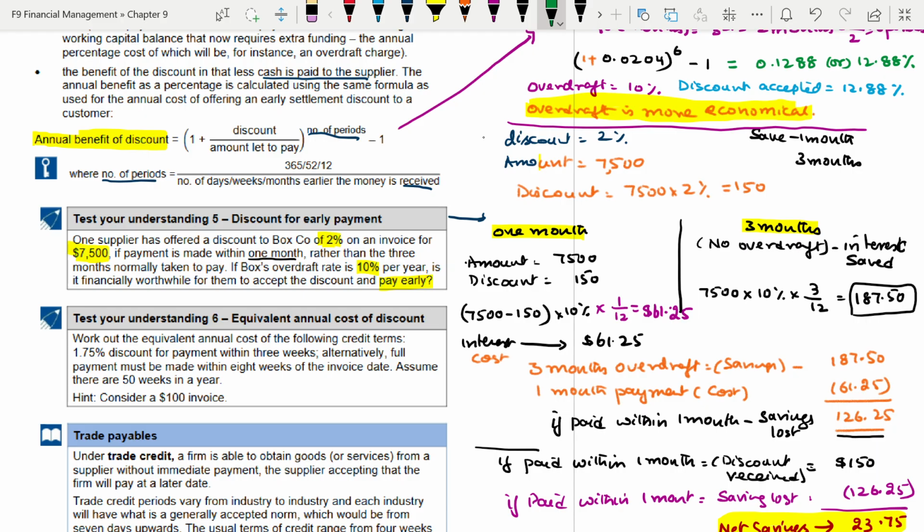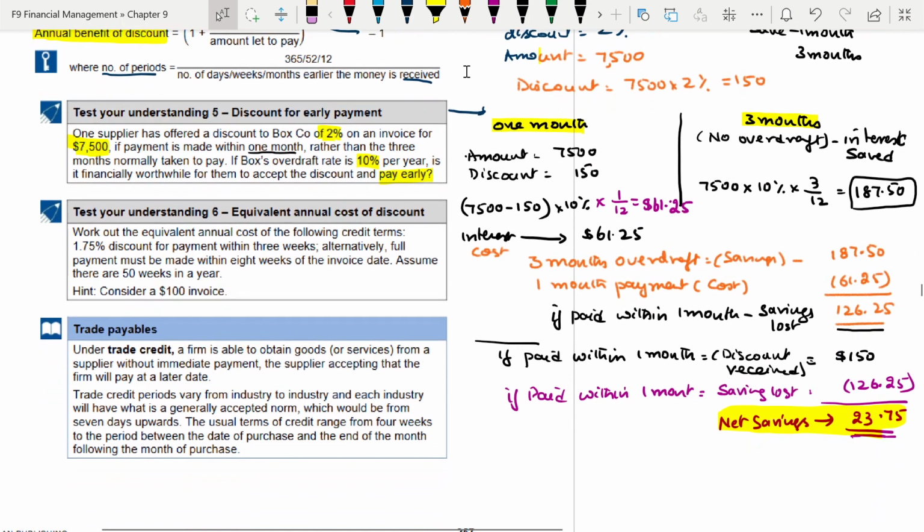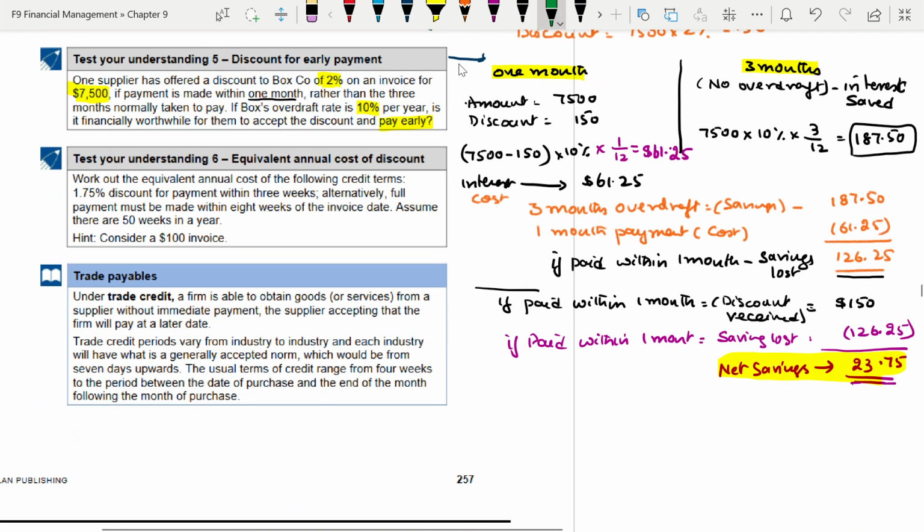Is it clear to you? Yeah, it's clear. Okay. Now, what they say is to work out the equivalent annual cost. Equivalent annual cost, a question will be there. I am putting it like this again: equivalent annual cost, EAC. Okay, equivalent annual cost of the following credit terms: